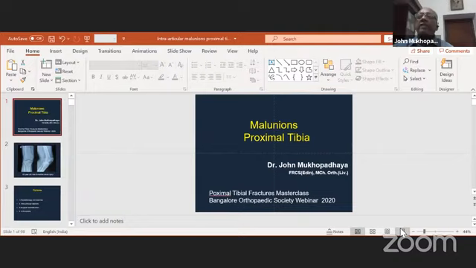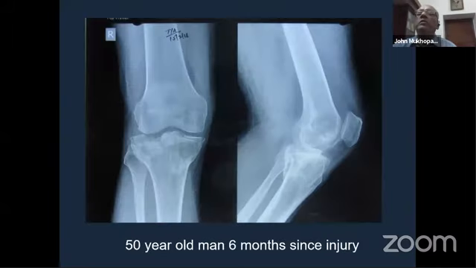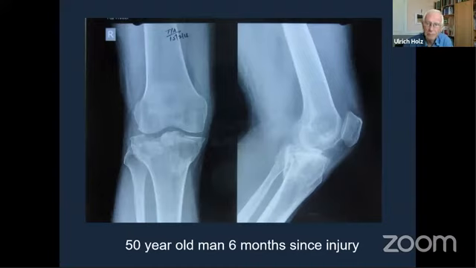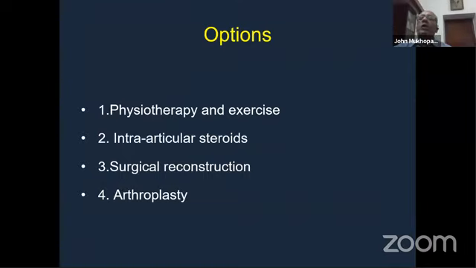Good evening, everybody. I think there's going to be some overlap, but I'm basically going to concentrate on intra-articular malunions of the proximal tibia. Actually, a gentleman who presents 6 months after the injury. I'm going to deal with this case a little later, but what are your options here? Do you just advise them physiotherapy? Do you give them intra-articular steroids? Do you tell him to wait till he's bad enough to have an arthroplasty since he's already 50, or do you